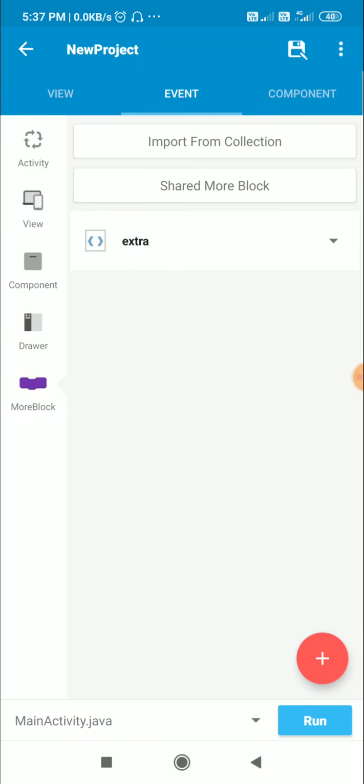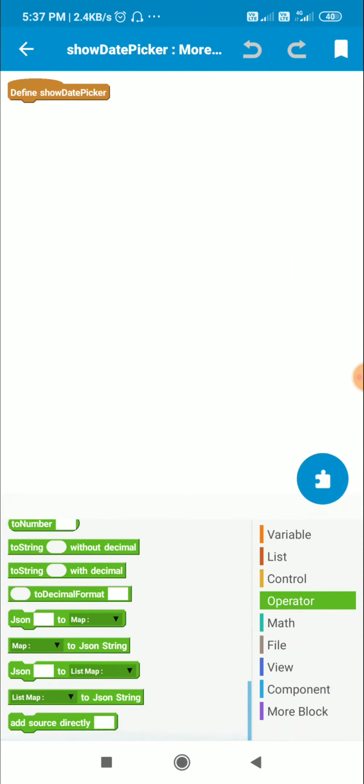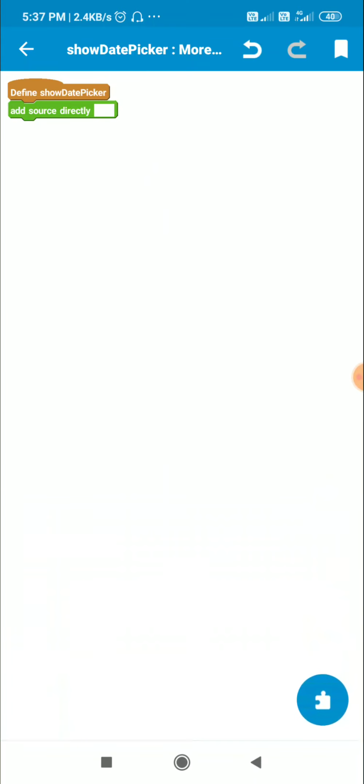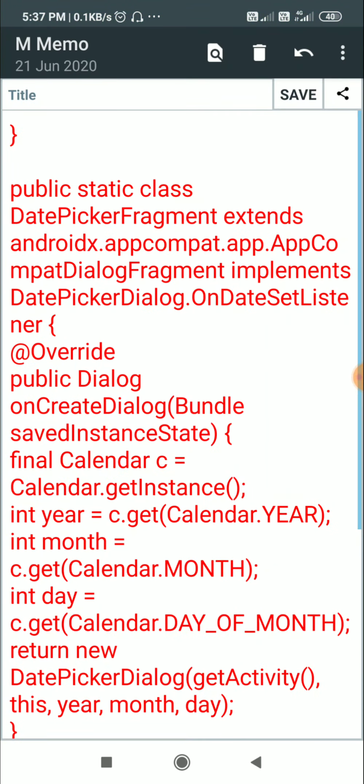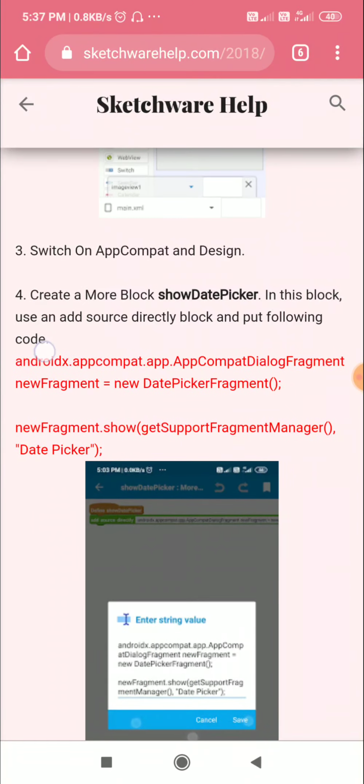Now the next part, I have to create another more block called show date picker, and inside this I have to use this second part of code, which is